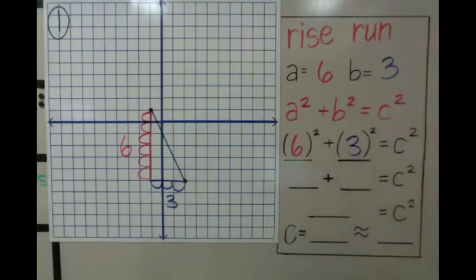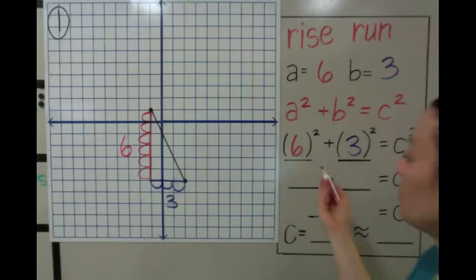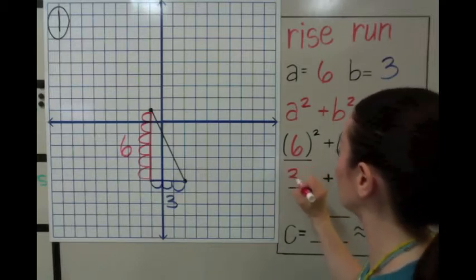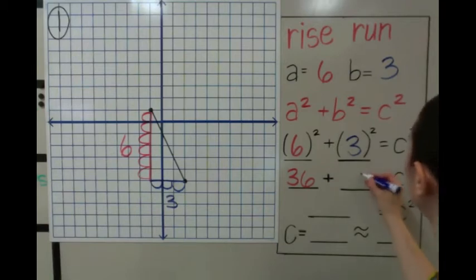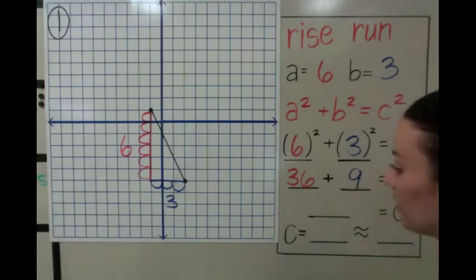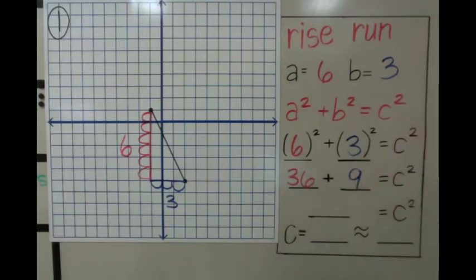So now we're going to square these sides. What's 6 squared? 6 squared is? It's not 6 times 2. Okay, it's 6 times 6. It's 36. What about 3 squared? 3 squared is? 9. Very good. Okay? So,